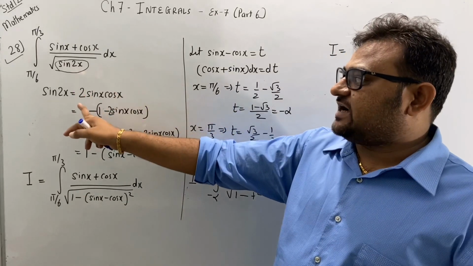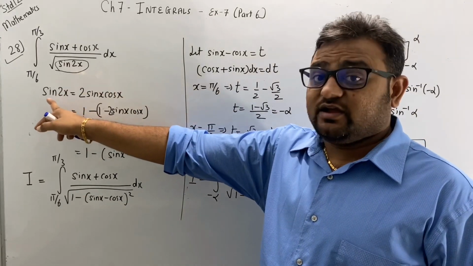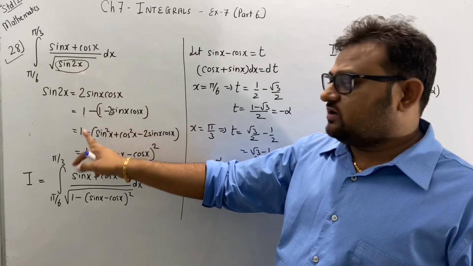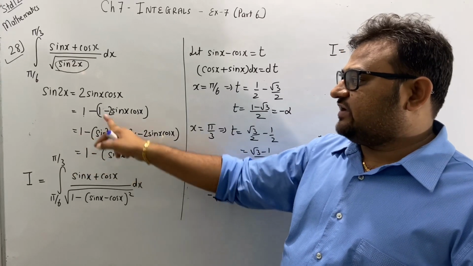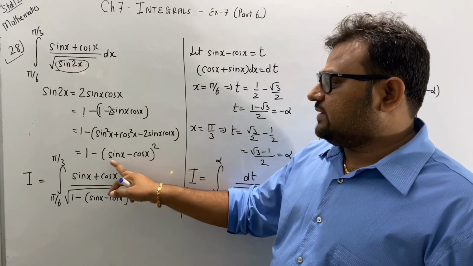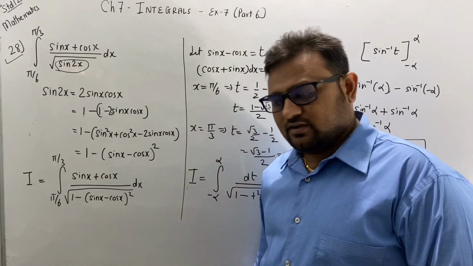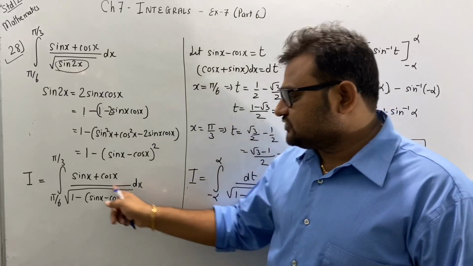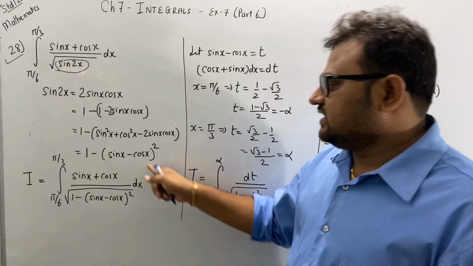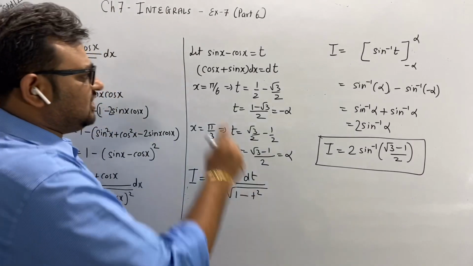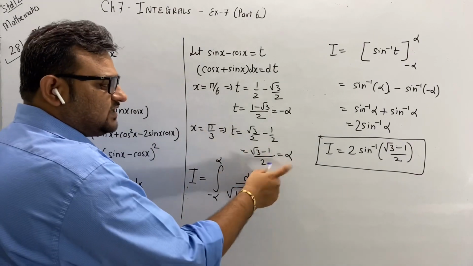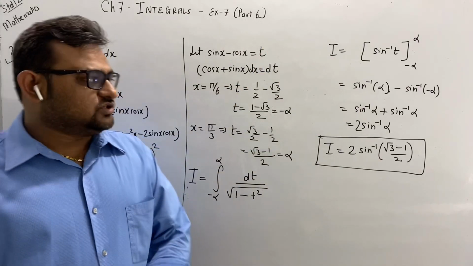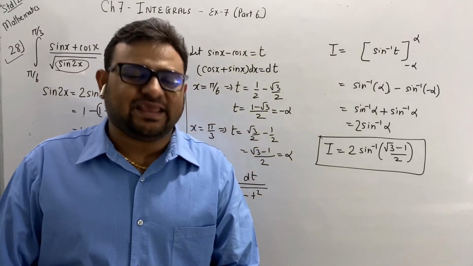See, what we had done in the starting, we had changed sine 2x into 2 sine x cos x plus 1 minus 1. Then, instead of 1, we took sine square plus cos square, and we came to (sine x minus cos x) whole square. Now replace sine 2x as 1 minus (sine x minus cos x) whole square. Assume this as t, so this is dt. Clear? Change the lower limit and upper limit. Consider one as alpha, then the other will be minus alpha, and then solve it. So just go through question number 28.